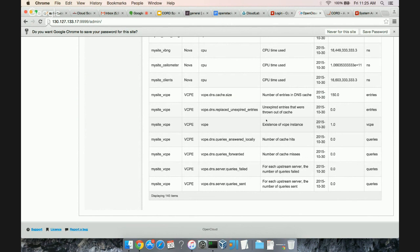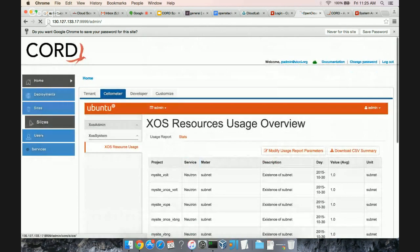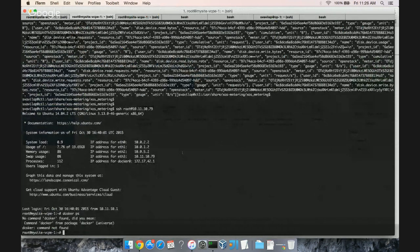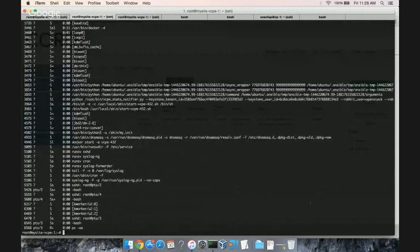Just before concluding, I wanted to show what's happening in this container. If you go to the VCP slice, where my site VCP is the slice for the VCP service, and 10.11.10.79 is the instance where the VCP containers are running, I just want to show you how these Ceilometer notifications are coming from this container. If you log into that particular instance where the VCP container is hosted, here you see the VCP container is running in this host, and if you run the available processes,